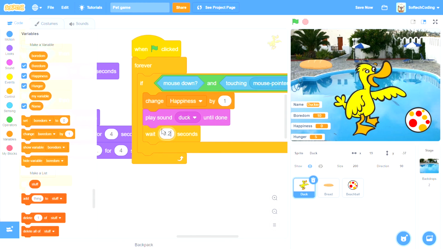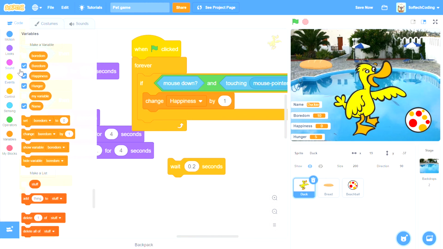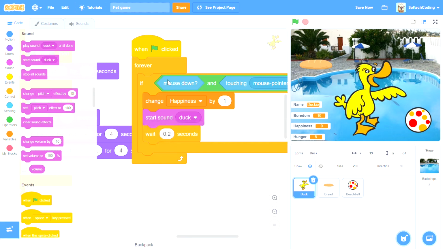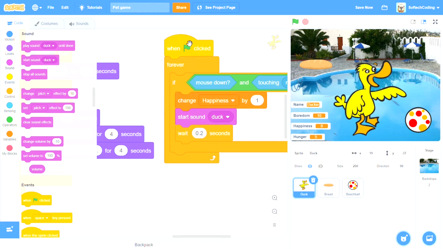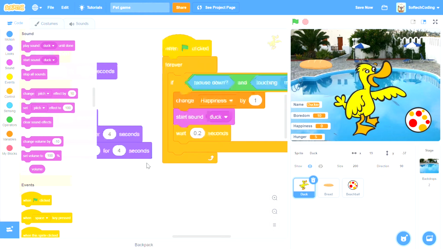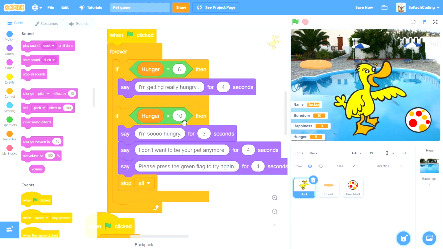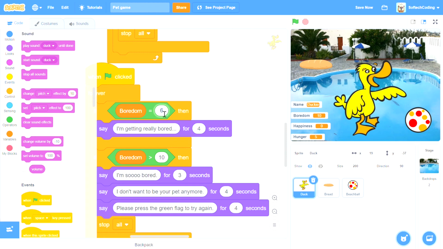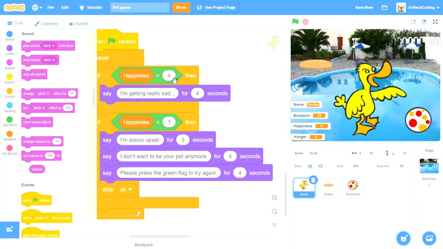0.2. What if we start sound duck so that we don't have to wait until the duck sound is done before it starts the timer? Alright, and also we can increase the amount of hunger that needs to happen. So let's say 10 and 20. And again, we can make this like 10 and like, I don't know, 20,